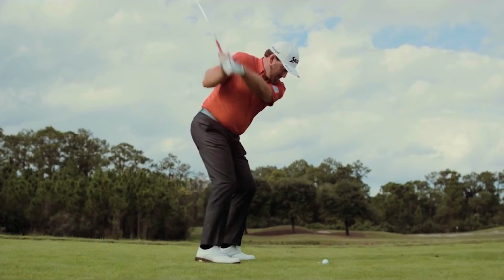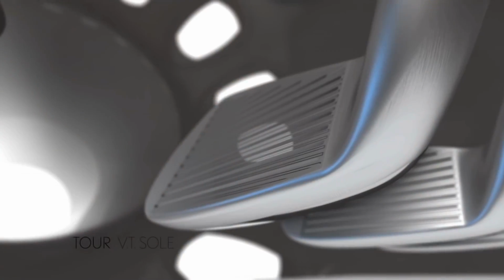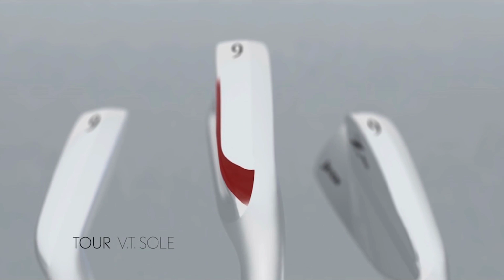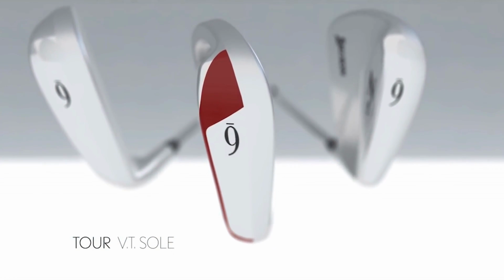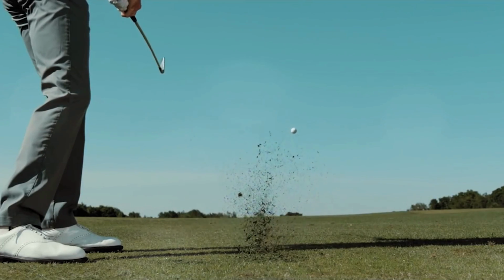a more classic look. You sort of fit yourself based on what your playing ability is, but all 3 irons are in play on tour, so they're very easily mixed and matched if you want to build your own custom set. The other component all 3 irons share is Srixon's VT Sole, a technology developed in concert with tour players that adds bounce to the club's leading edge. That helps players with steep swings get through the turf better, and that means fewer chunk shots and better all-around